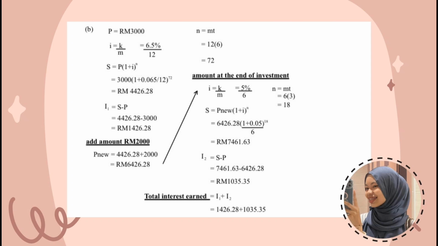For I2 equals S minus P, S is 7461.63 minus P, 6426.28 equals RM1035.35, and the total interest earned is I1 plus I2, which is 1426.28 plus I2, 1035.35 equals RM